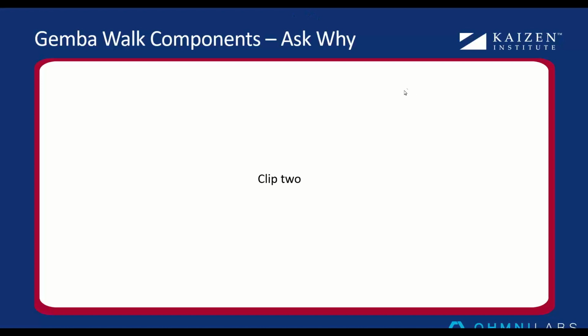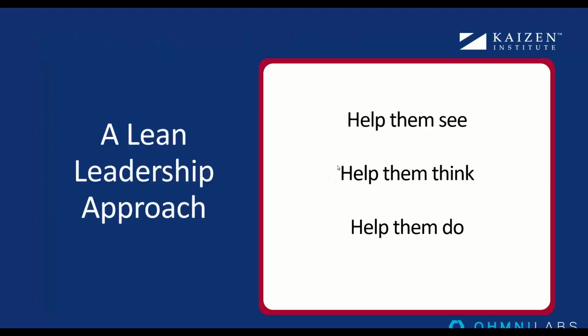Okay, so we're back. There you saw an example in the Gemba walk of the person leading the Gemba walk going to a Kanban board and talking about some of the location practices from a lean point of view. What we want to ensure that we're focusing on as we do our Gemba walks, and particularly if we're doing them virtually, is helping the folks that are out in the Gemba to see the Gemba walk in process. Help them see